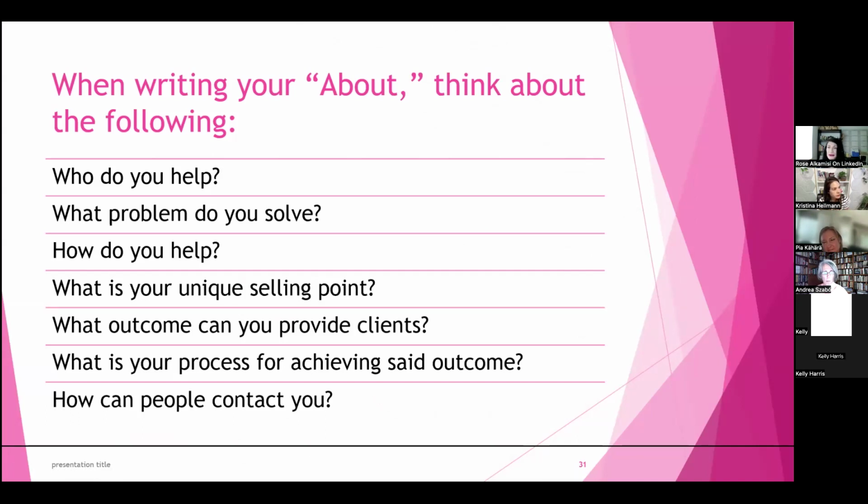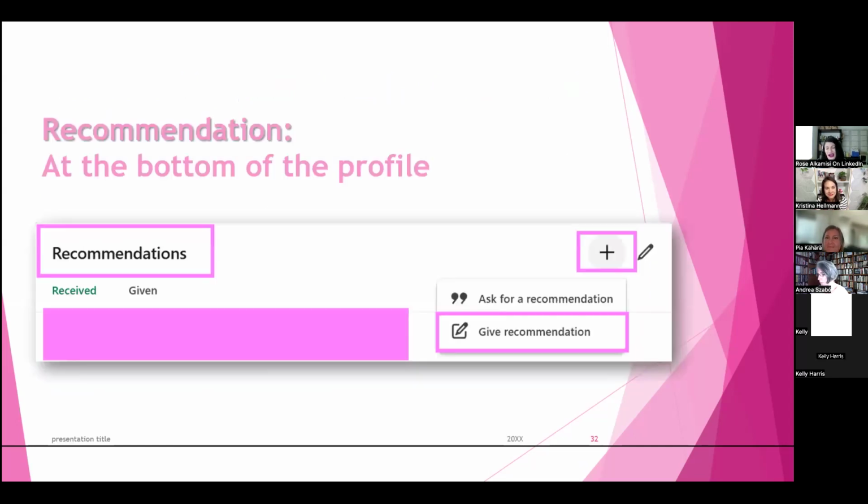Do you want them to DM you? Do you want them to visit your website? Do you want them to email you? Like, what is the thing? Do you guys need a minute to write down these questions, or is it pretty self-explanatory? I mean, you guys have had so many of these probing questions asked in the community, right? All right, I think we do have time to go to the recommendations